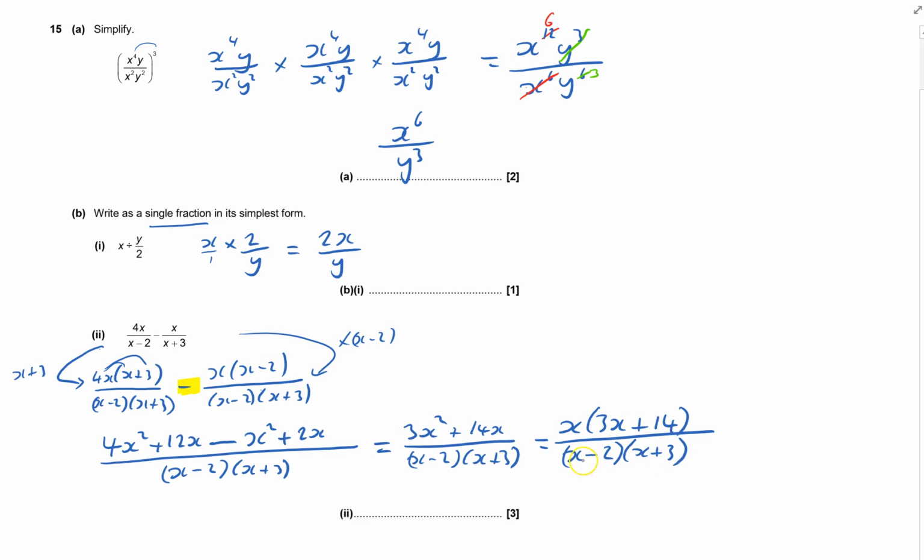They don't really mind whether something's factorised or not. But it's a good idea to factorise in case it cancels out, and it's hard to see if you don't factorise it. But again, to get one of those 3 marks, you've got a fraction, take away another one. You've got to make the bottoms be the same. So even if you just show that you've got times in the top and bottom